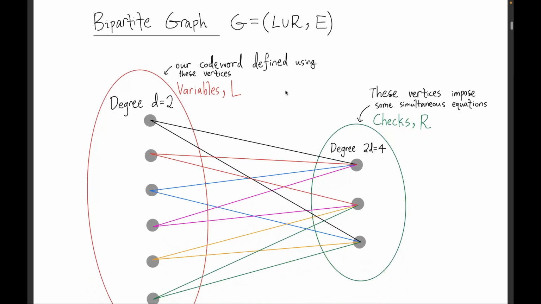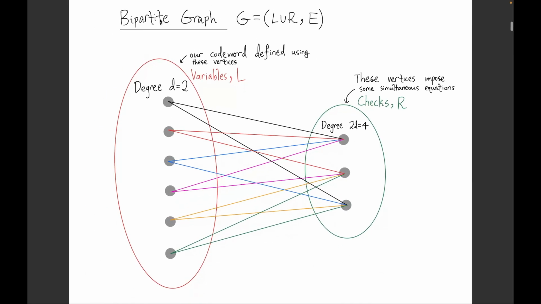First, we need to get into some main ideas on graph theory, just some basics. So first, a bipartite graph is essentially a graph where you can split it up into L vertices that we call variables, and R vertices that we call checks. They are connected by E, some edges with a bunch of colors I drew here. And the main idea is that we're going to define our code word using vertices on the left side, these variables. And then after, we're going to impose some simultaneous equations on these variables